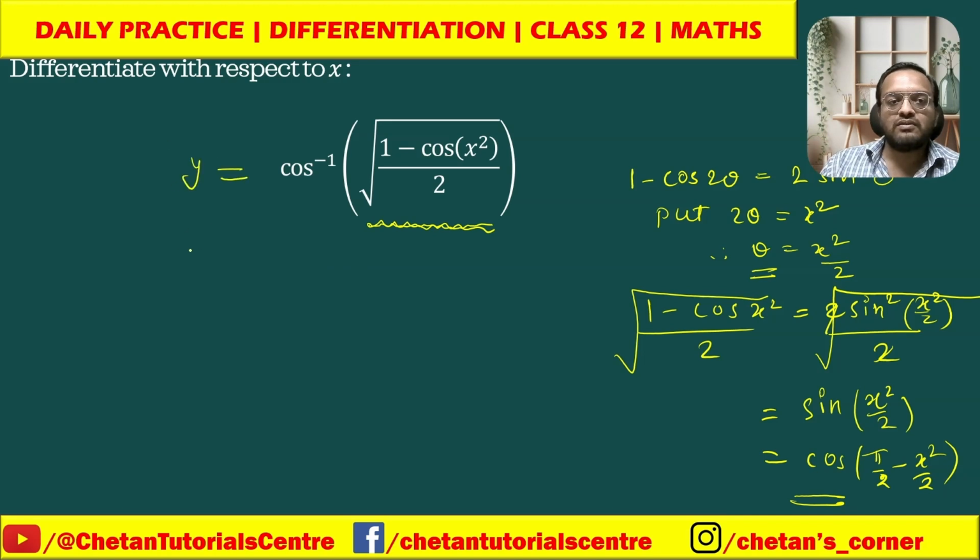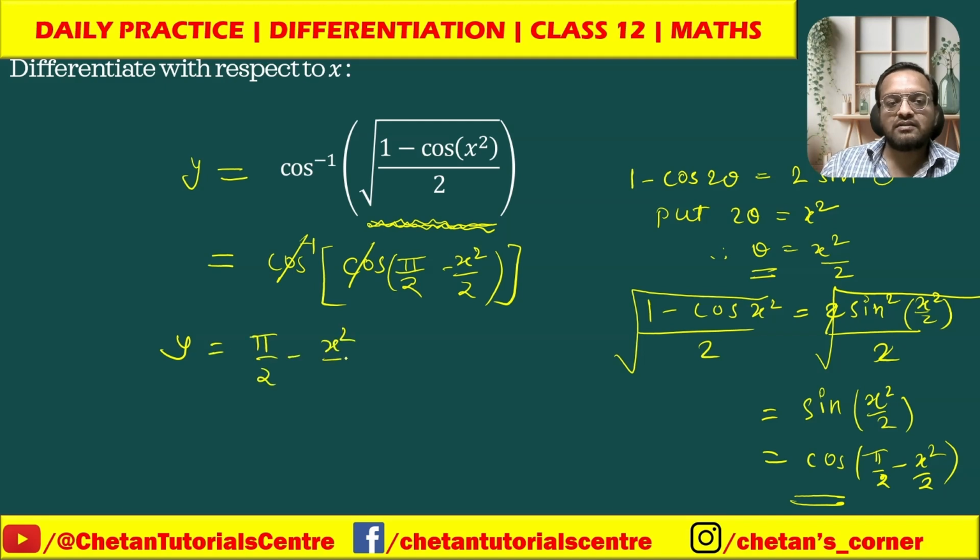So what I will get? y is equal to cos inverse of cos of pi by 2 minus x square upon 2. Now I have successfully reduced the term inside the bracket in terms of cos. Now this cos inverse and cos will get cancelled, and I will be left with pi by 2 minus x square upon 2. Now as we have simplified the given function,